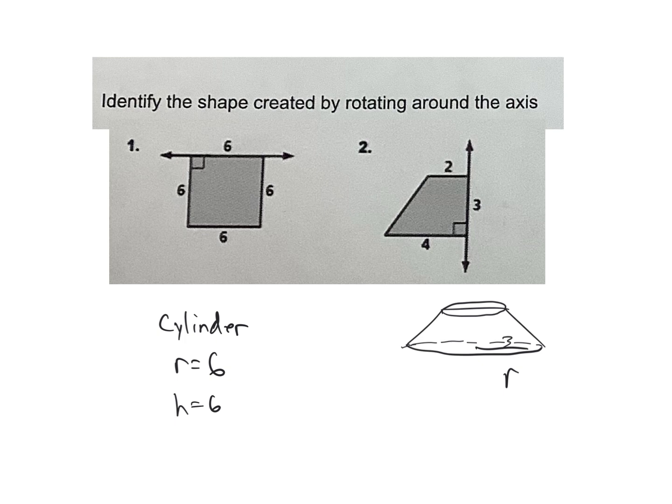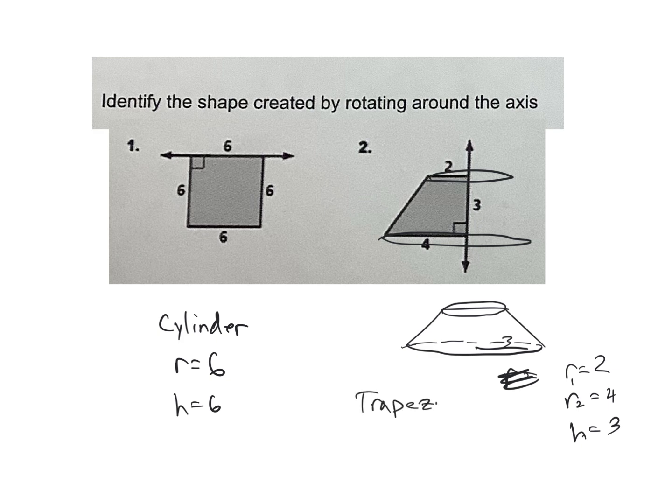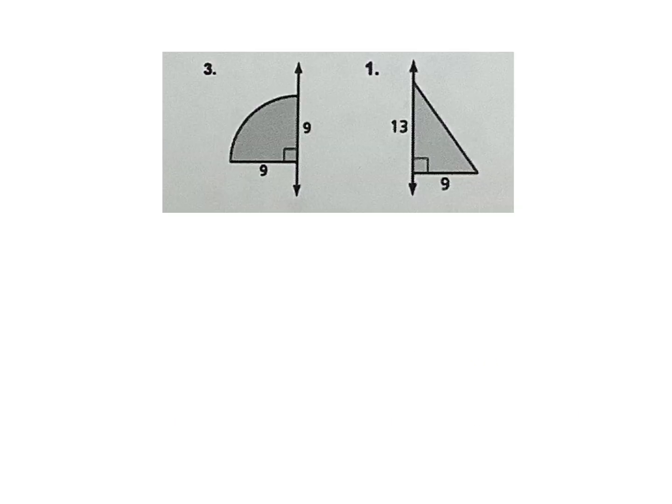I'm sorry. The radius, sorry. When you rotate it this way, okay? Radius at the top is going to be 2. And the radius at the bottom is going to be 4. The height of the whole thing is 3. So what you get is a solid trapezoidal cone, okay? Number 3, you're going to get a hemisphere,